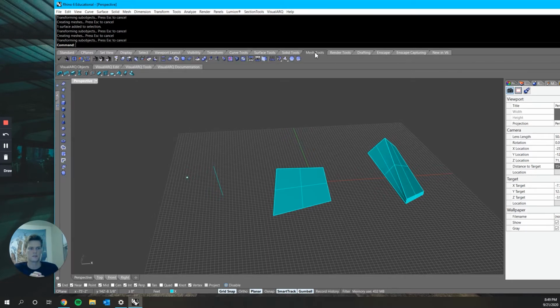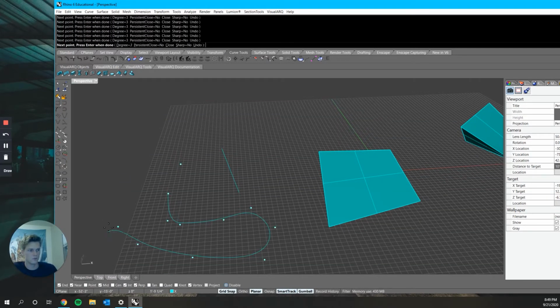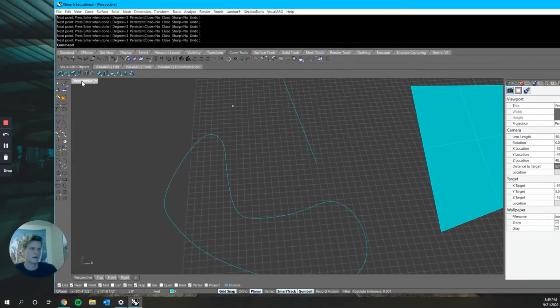We're not going to talk about meshes because it gets more complex. We might touch on that in a future video. But in curve tools, for example, you have the ability to make a control point curve. In this case, you see you make a series of control points, and you could loop it back, right? That's how you might make